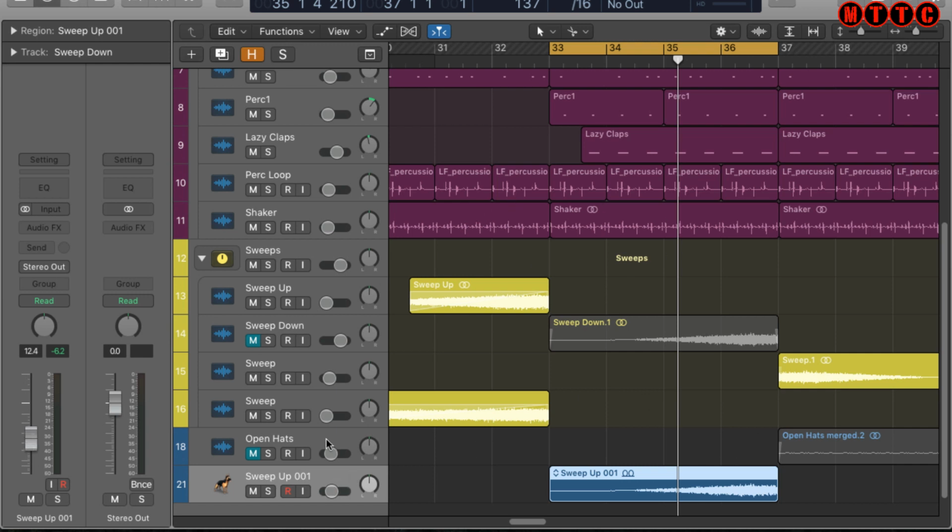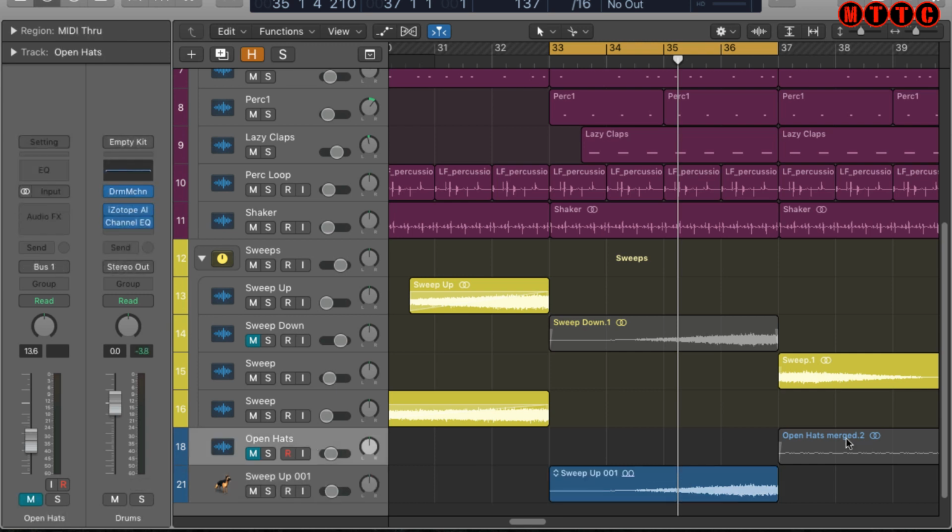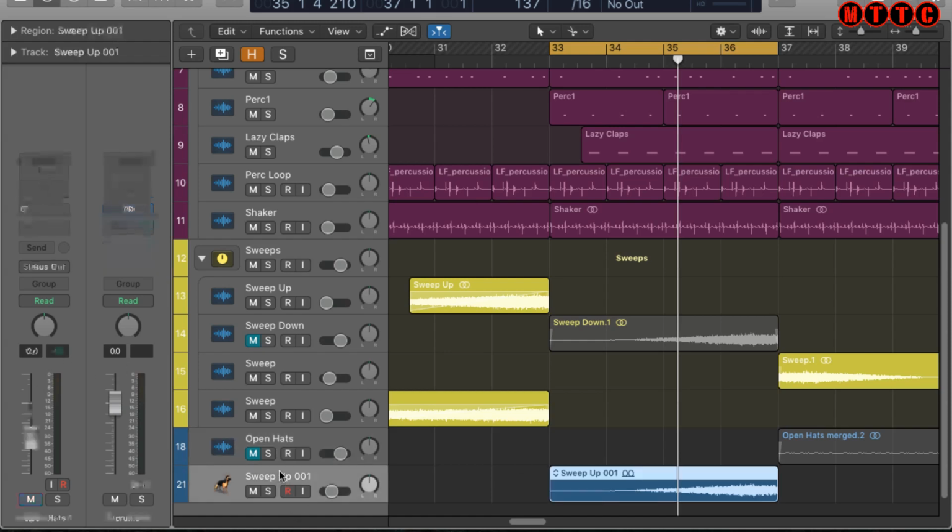If you noticed from my previous loops where I created a loop of my open hi-hats, I didn't adjust the volume fader. So it's a good idea to set your volume fader to unity gain by clicking Option, click on the volume fader, and make sure that when your loop is playing back, before you convert it to an Apple loop, you're not clipping here, okay? And now if I play this back,